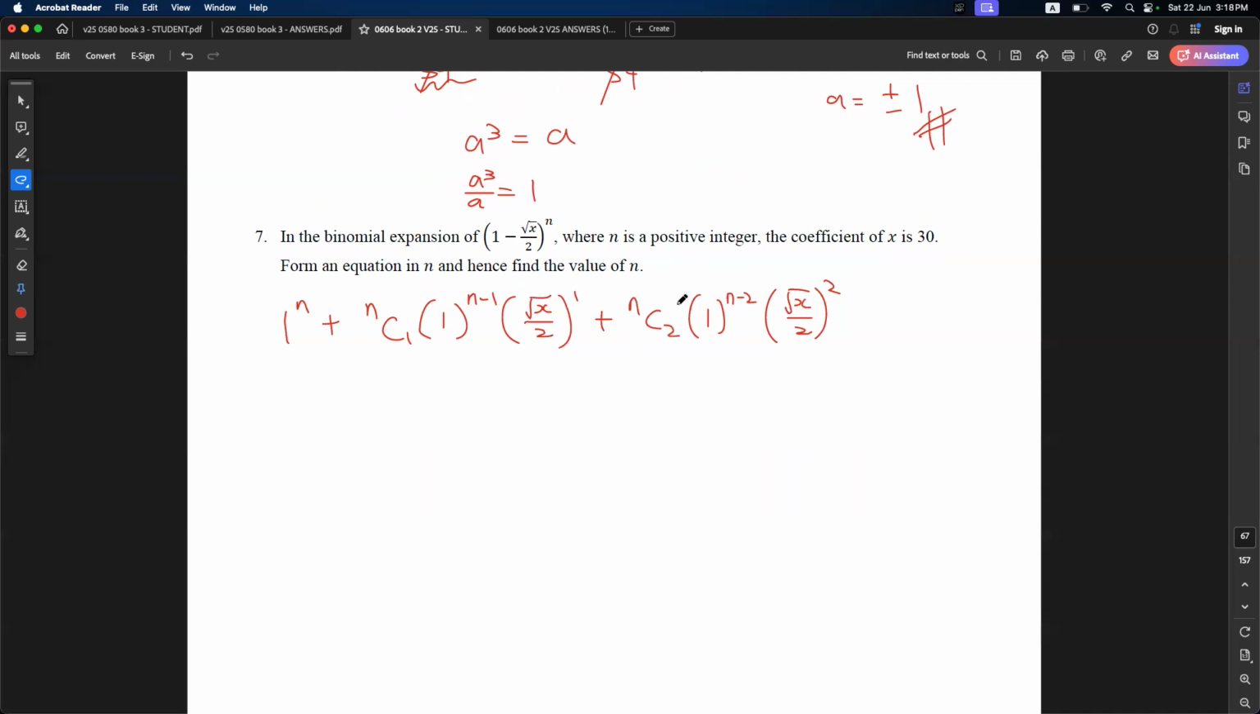And all we have to do is solve from this part here. Like I said, we're only using this part, nC2 times 1, so I'll just ignore that. Square this, I will get x over 4. They tell me that this coefficient is equal to 30. In other words, I can write 30x. So from here, I would just do nC2 divided by 4 is equal to 30, which means nC2 equals to